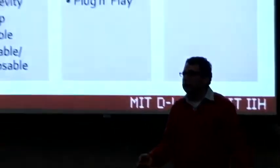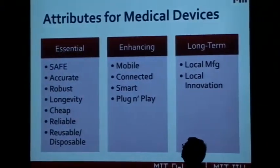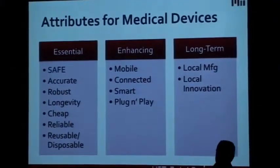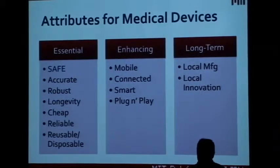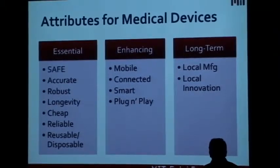Where we need to be in terms of the specs are these attributes that we've looked at. We divided them up in 3 different areas: essential, enhancing, and long-term. And I'm just going to run through a couple that you guys might not be as familiar with when we're designing stuff for here. In the developing world, obviously things have to be cheap, but you have to look at things such as